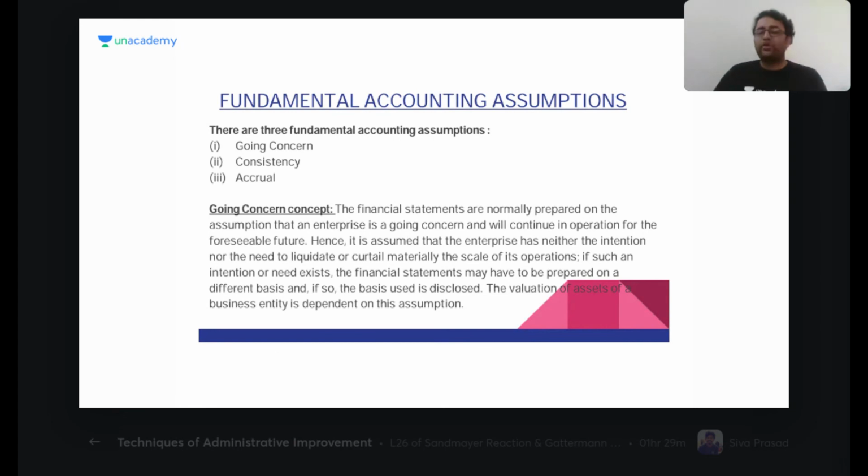That's what we are talking about in today's session. Yes, you're right. Okay, so going concern simply means whenever you prepare the accounts of a business entity, it is prepared with the fundamental assumption that the business entity does not have an intention to wind up in a near foreseeable future. Near foreseeable future could be 5 years, could be